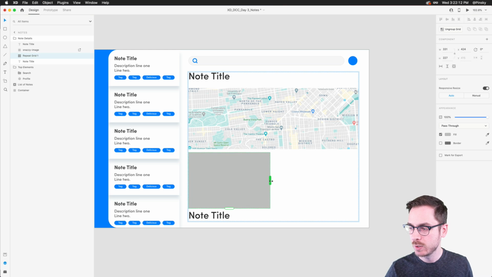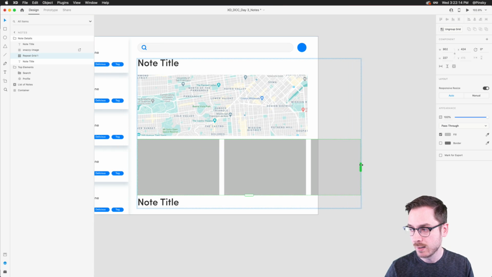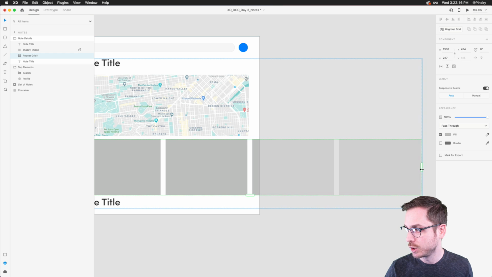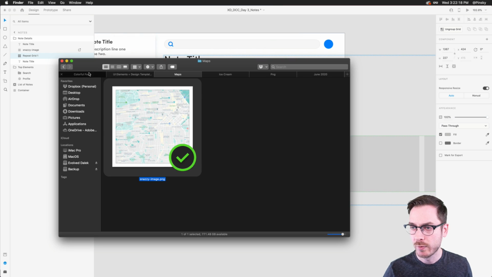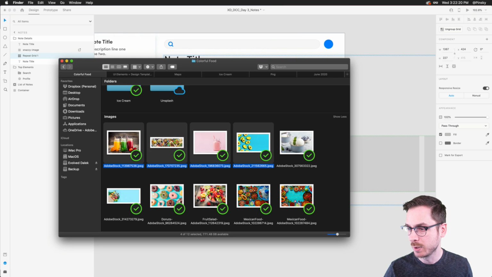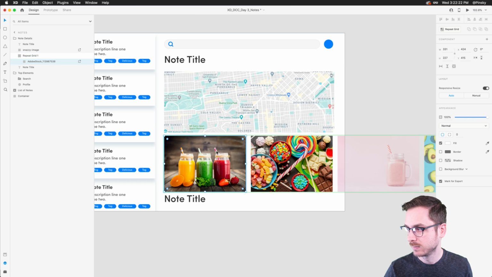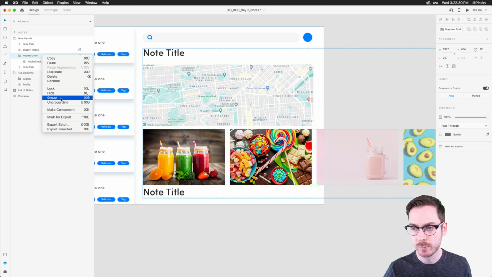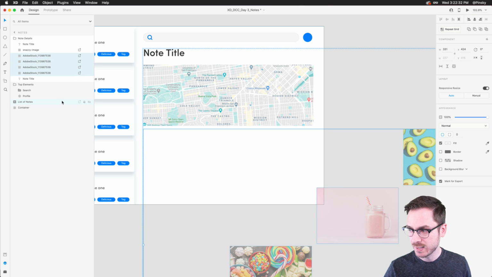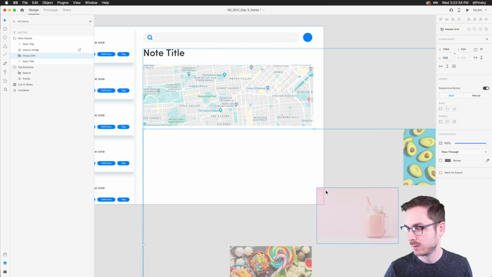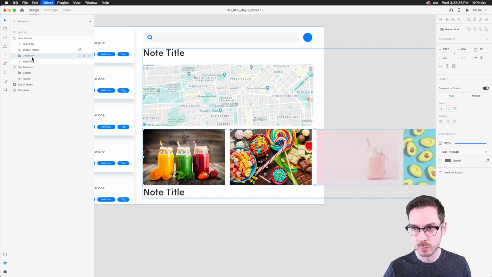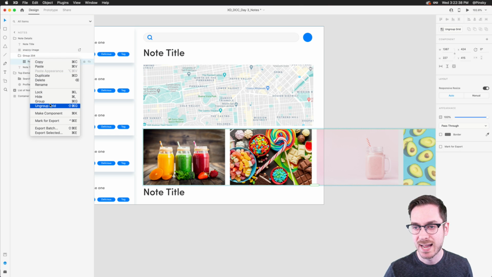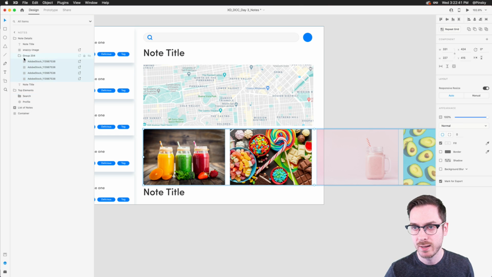So what we can do is we can actually use a repeat grid initially, drag out a few additional images just like this, right? Hop over to Finder, grab some delicious looking images, pop them in like you would in a repeat grid. And then if you do want to utilize stacks, once the images are in there, you can simply ungroup this repeat grid, ungroup the grid, make sure all these images are inside of a group. You know what, let me put this into a group first so that stacks doesn't do its thing. I'm going to ungroup the grid, there we go.